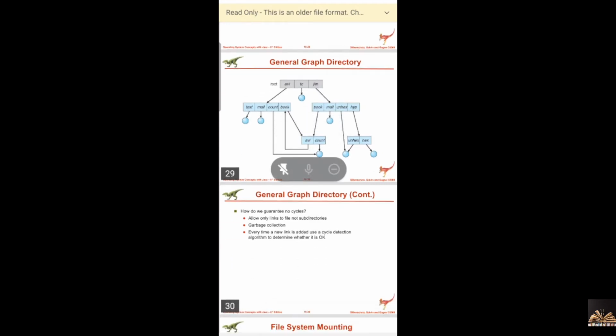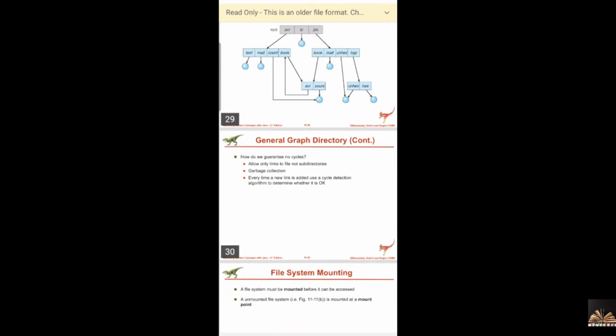What do you mean by garbage collection? You will learn it in the OS course, right? You know or not, right? Every time a new link is added, use a cycle detection algorithm, like checking for deadlock. Every time it will be checked whether there is a deadlock or not, that way, right?